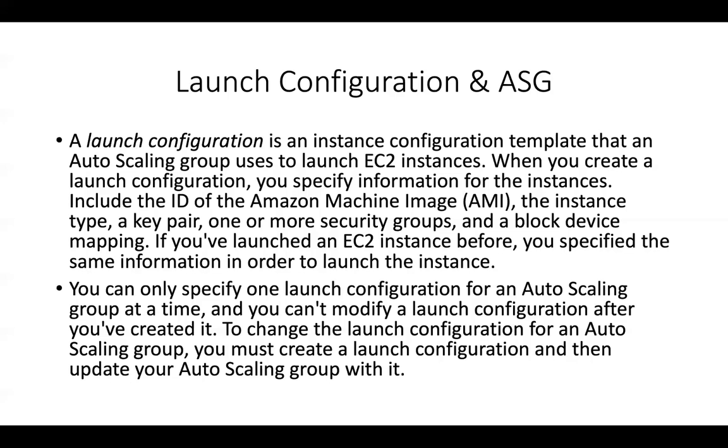It's the same steps that you use to create an EC2 instance, but with a little bit less configuration, because the launch configuration is the one that is going to be used by the auto scaling group to launch any new EC2 instances within the auto scaling group, right? And we can specify only one launch configuration at a time for an auto scaling group. The only reason is that the auto scaling group should be aware that it is going to launch only this particular configuration of EC2 instances. You cannot specify more than one. That is not possible. But what you can do is create the launch configuration and associate it with an auto scaling group.